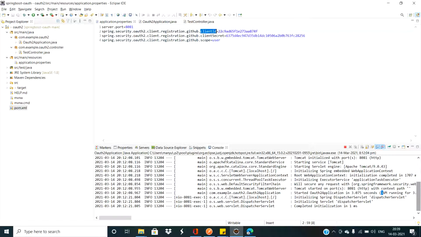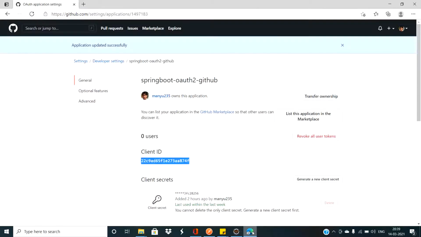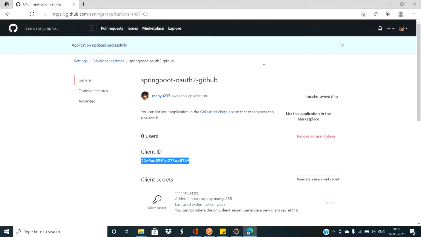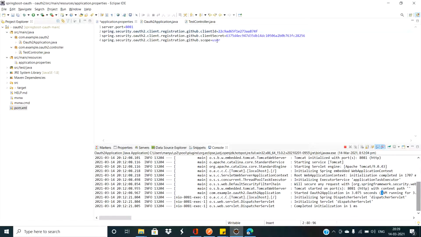The client ID, if you see, this is the client ID. This would remain the same once you generate it. You can use it as many times as you want. The secrets I've already copied, and the scope is user. That is what we have to do in the application.properties file.